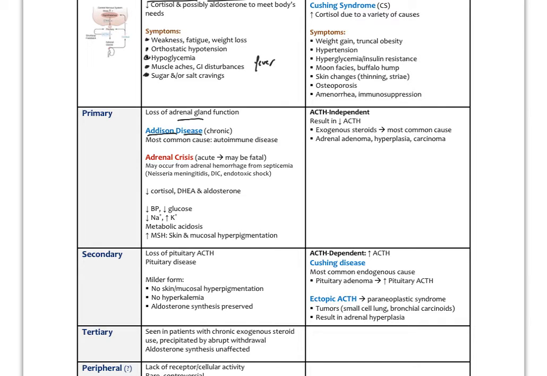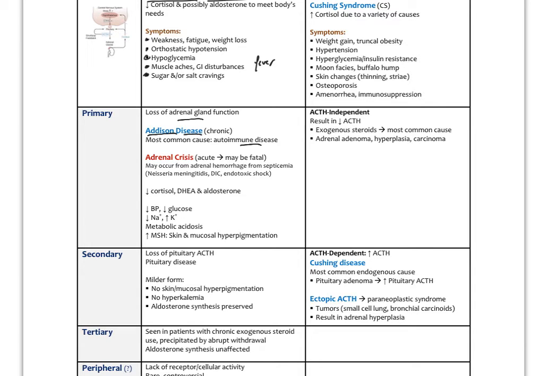It's actually destruction of the adrenals. And usually this is going to be found in conjunction with other autoimmune diseases like Hashimoto's thyroiditis, pernicious anemia, vitiligo, things like that. So that's Addison disease. If it's chronic, if it occurs more acutely, if there is, for example, an acute destruction of the adrenal, and